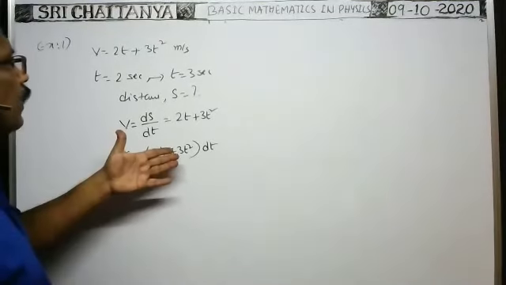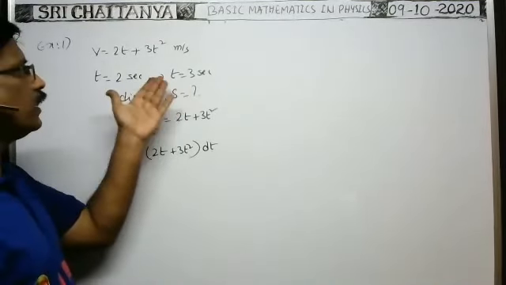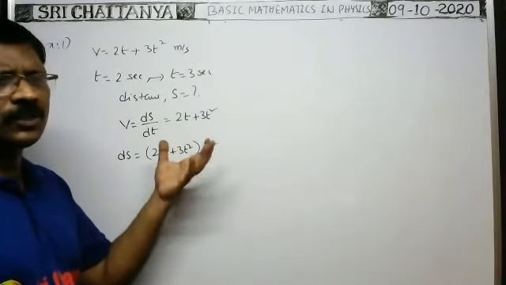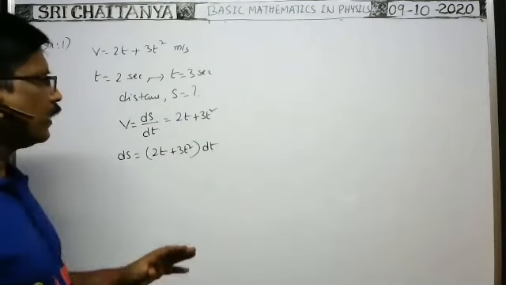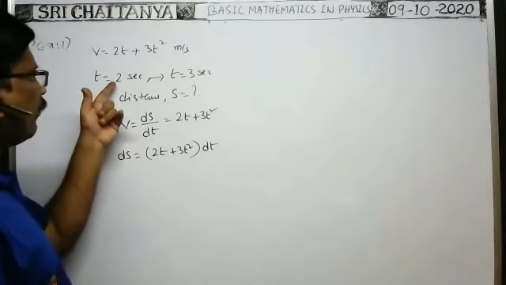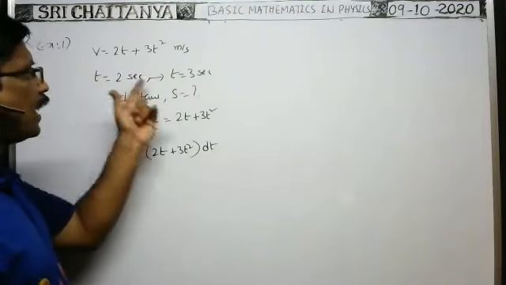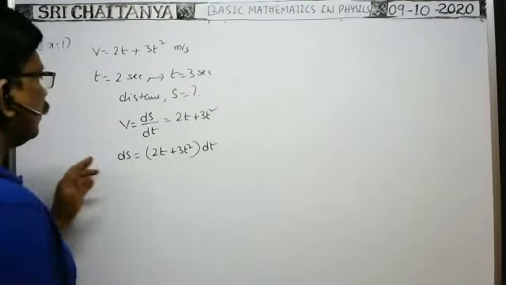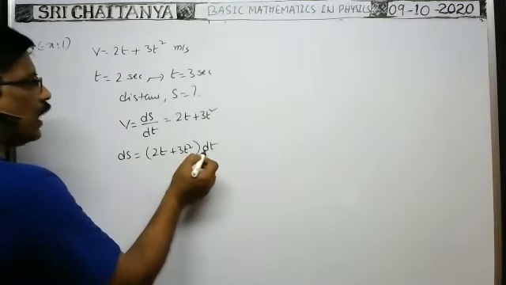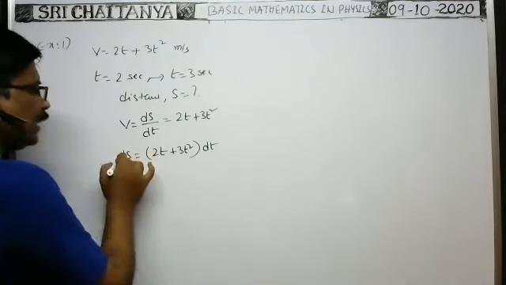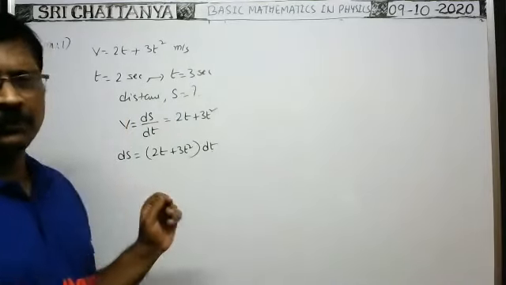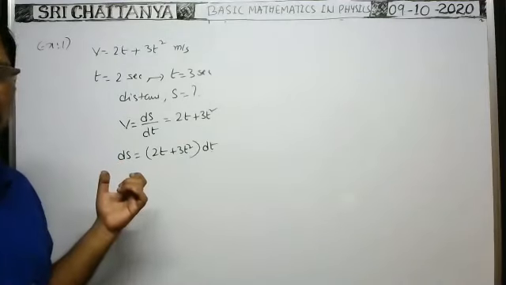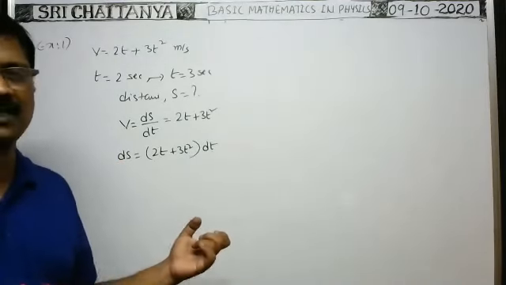And large time కనుక తీసుకుంటే, 2 to 3 seconds అంటే large time. dt అంటే very small interval of time అండి, 0.0001 second like that. But when you consider the distance traveled from 2 to 3 seconds, it is a large time. ఈ ds నుంచి total distance s కావాలి. From the small distance traveled to obtain the total distance s, what you have to do? From ds we have to find the s.